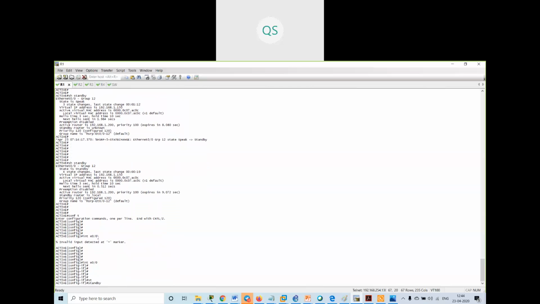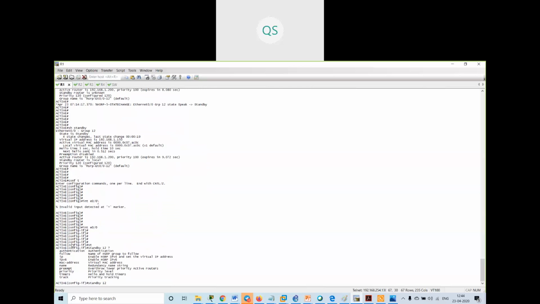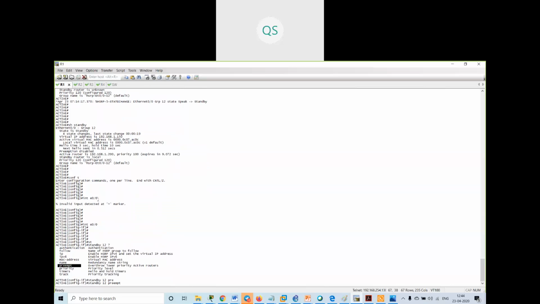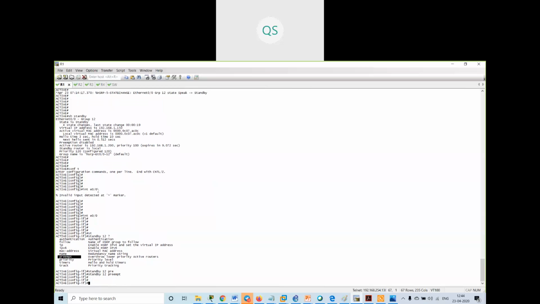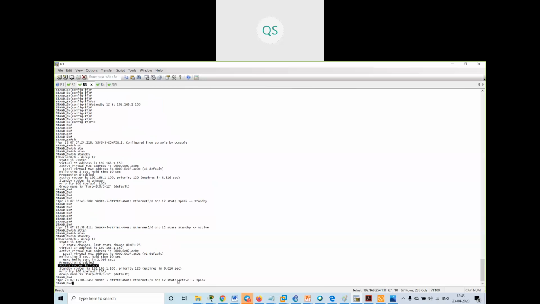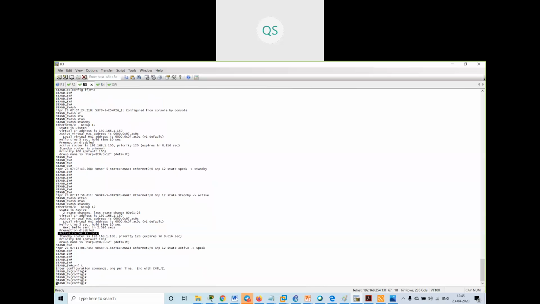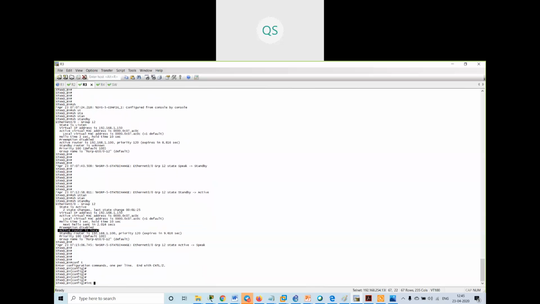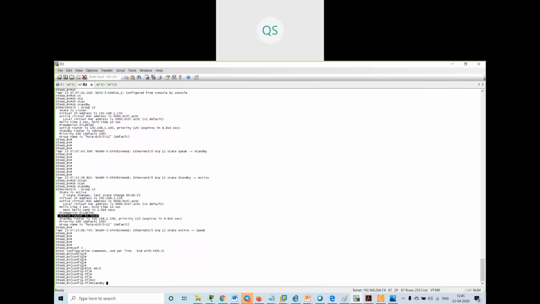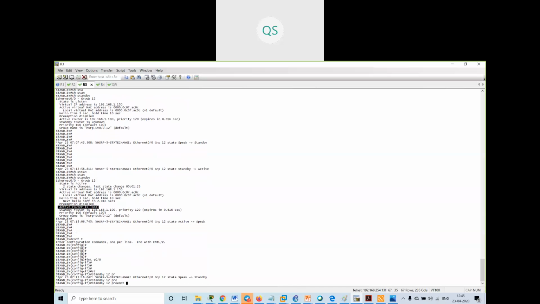I will say standby 12. See, I have an option as preempt. I will go on this router also: config terminal, interface Ethernet 0/0, standby 12 preempt.